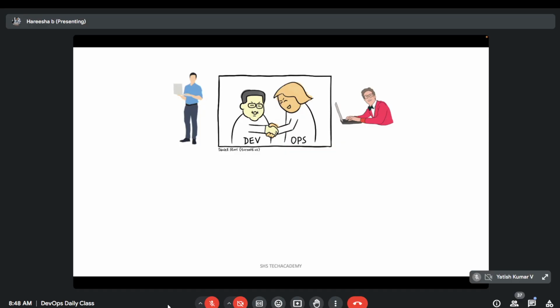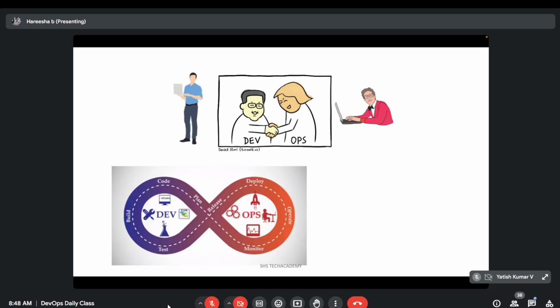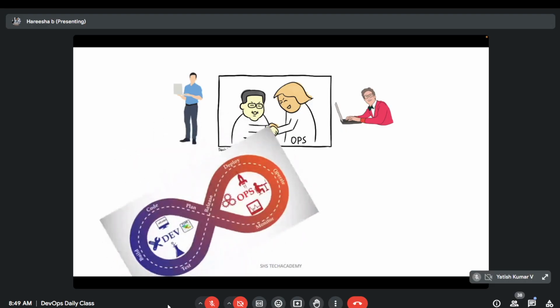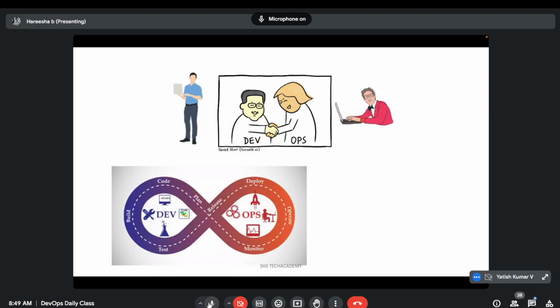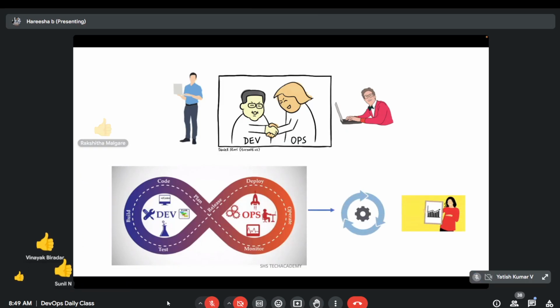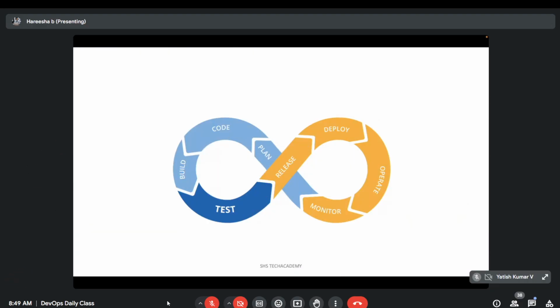So you are like a middleman: understand from here and similarly understand from there, then fill that gap. That's DevOps. Clear? Yes. Okay, so now